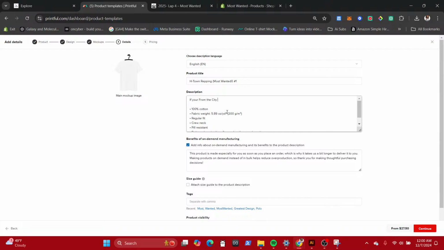From the city, and when it comes to the description and the details as far as what story, I create them all myself. So feel free to look at any past designs and see what little story I have. Sometimes I go a little bit more in detail, have a full design. Some are just more simple, straight to the point. Some are quick quotes that I use, or quick sayings, or some are just descriptive, catchy things. So it depends on what I'm feeling. But for this one, if you're from the city, throw it up. Yep, simple as that.